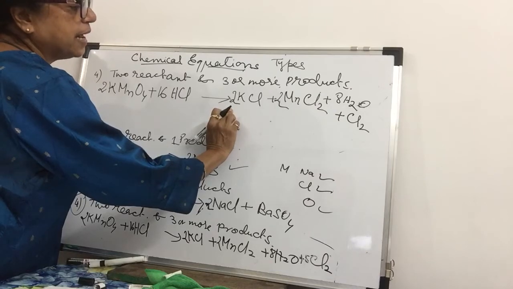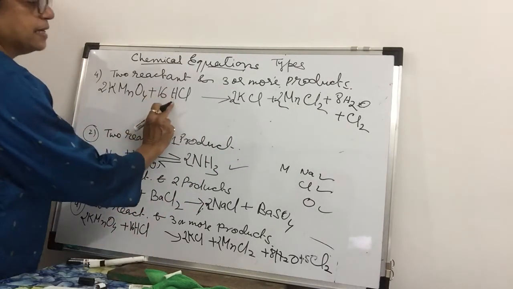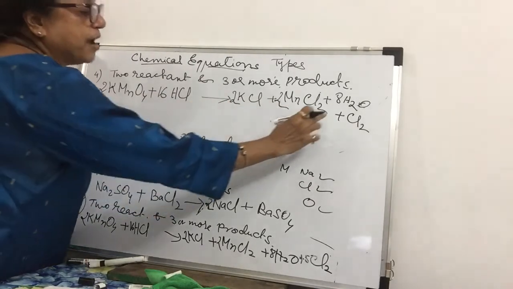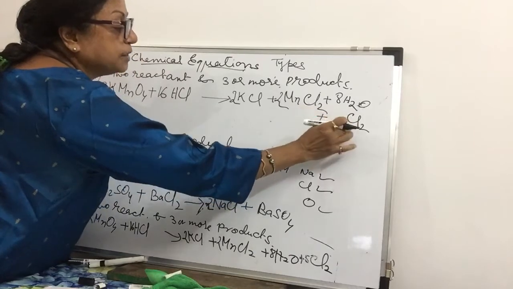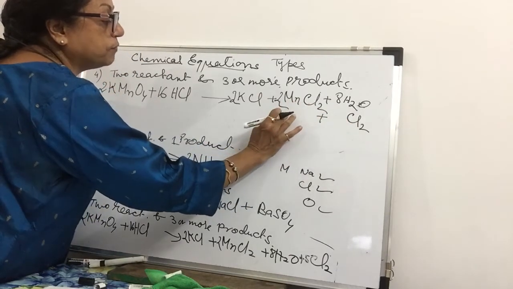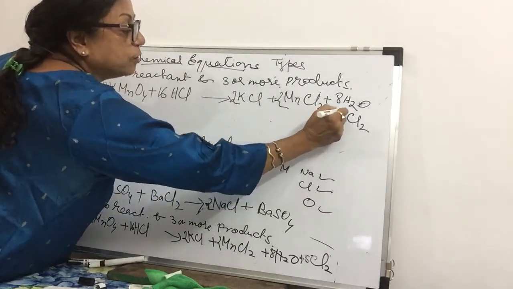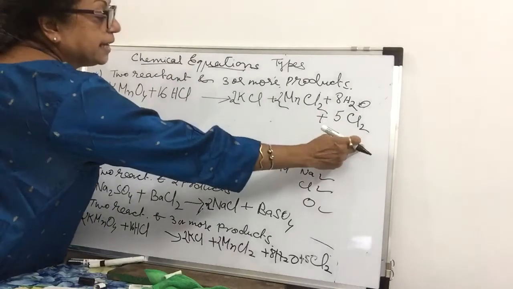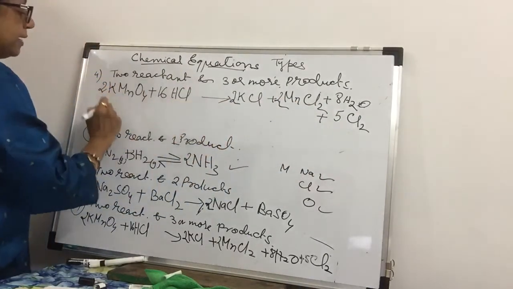Chlorine is 16. Suppose I take 10 chlorine here, then 10 plus 4, 14, 15, 16. So I can put 5 chlorine here, then 5 2s are 10, 11, 12, 13, 14, 15, 16. So here